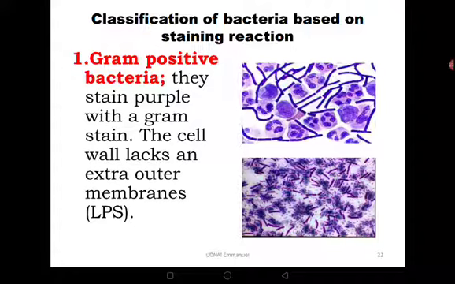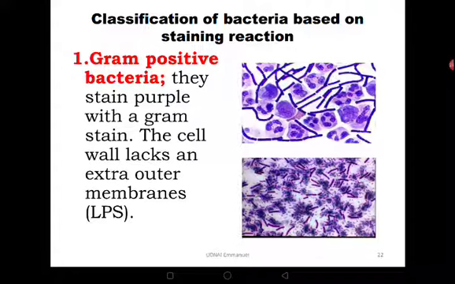So, another way of classifying bacteria can be based on staining reaction of the Gram stain. That stain was developed by a man called Gram. So the stain is called the Gram stain. And there are two. The first one is the gram-positive bacteria. They stain purple with the Gram stain. The cell walls lack an extra outer membrane, the lipopolysaccharides. So remember, in this staining process,